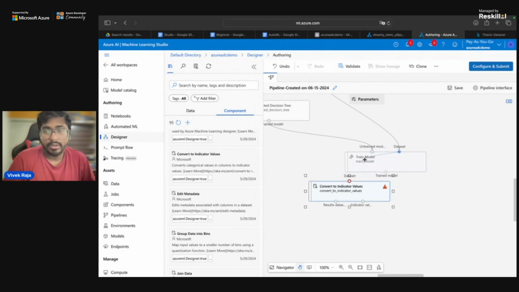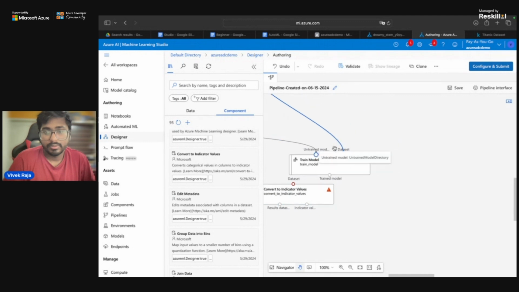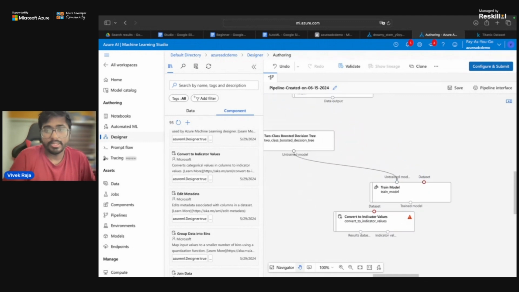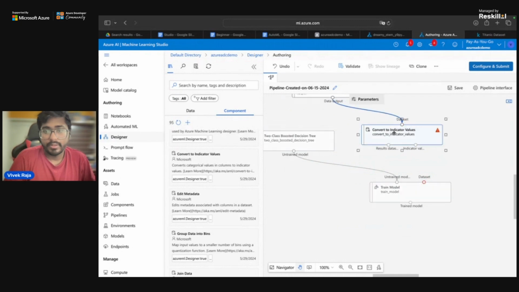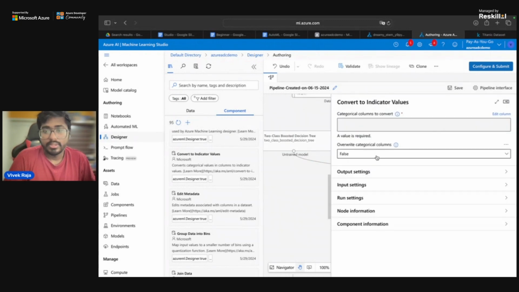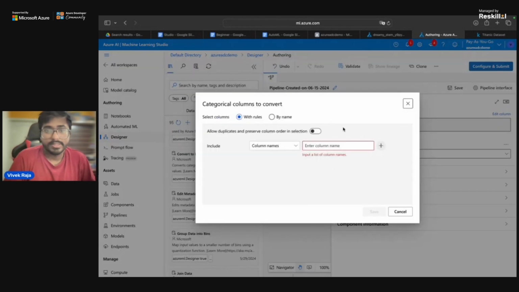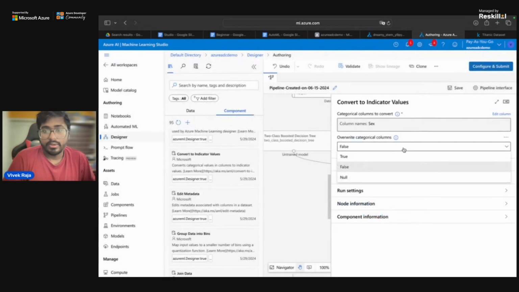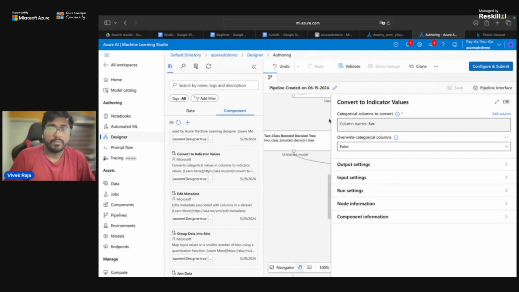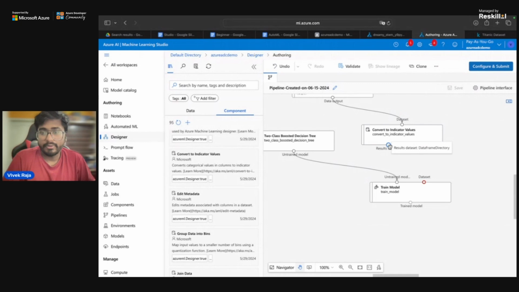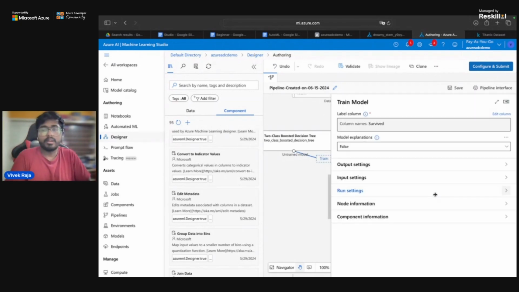So instead of putting that to the dataset, I'm going to put that. No, you come over here. Let me delete that. Your data output should go to here. So what is a categorical value? It's the gender, right? And override false, it will eventually do it. Save and good to go. Now I'm going to put the resultant dataset to here, and good. We have done a pretty good job.